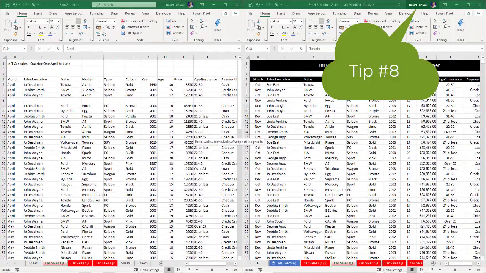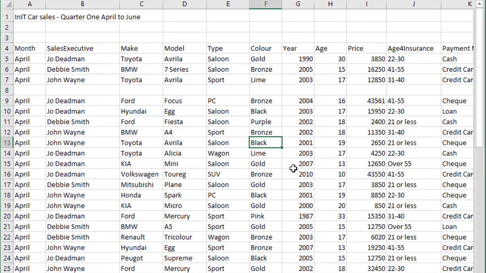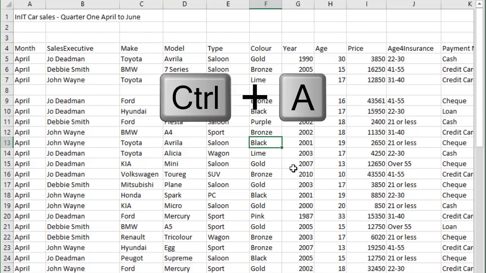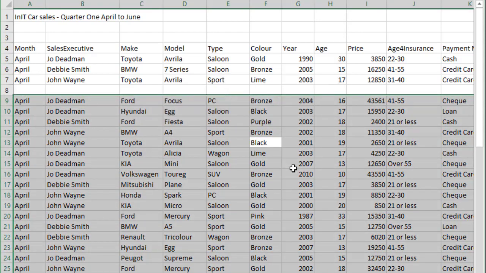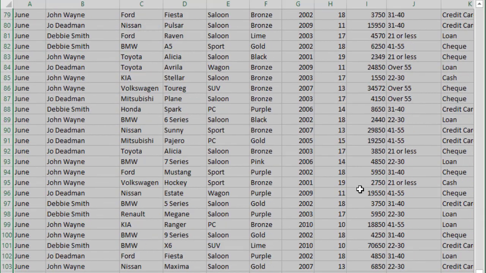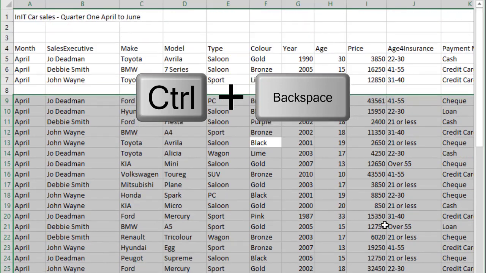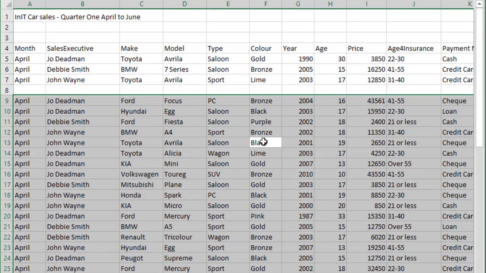My number 8 tip is about getting back to your active cell. So if I'm in this set of data over here and I hold Control key down and A for all, you'll see that I've got that particular cell as the active cell and the rest is selected. But let's say you've just been going through your data and you want to keep that selection but get back to that particular cell. Hold your Control and press your backspace, and that keeps your selection,